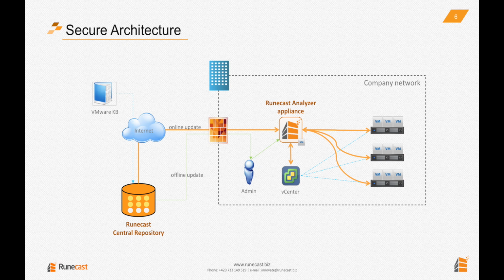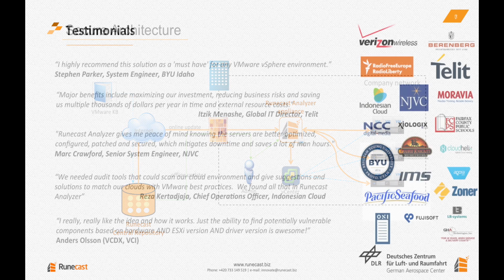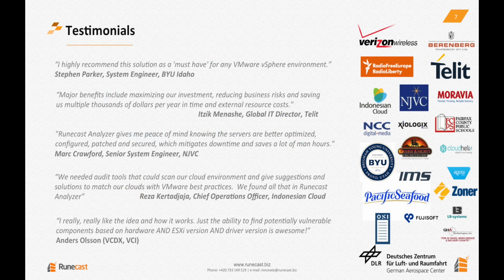So Runecast Analyzer collects logs mainly from vCenter. It works with multiple vCenters as well. So if you have 10 or 20 vCenters in your environment, that's not a problem. You just need one single appliance, and you can connect it to all of them. Most of the information it's getting from vCenter. Most of the configuration, some of it gets from the ESXi hosts. So we need information also like hardware details, CPU models, firmware levels. This is the kind of info which is not stored in vCenter, and we're getting it directly from the hosts through CIM. And also we get the ESXi logs directly from the hosts via syslog.